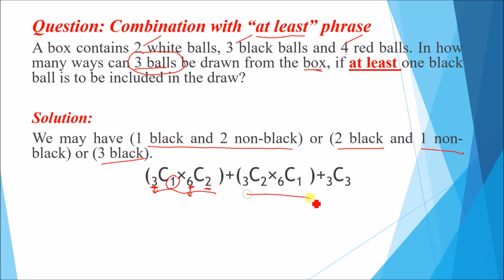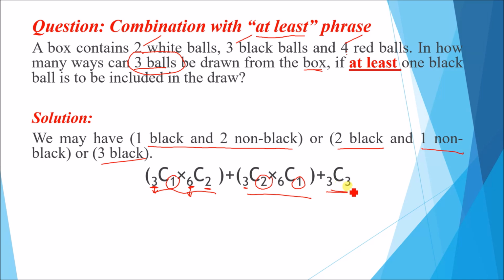And dito naman sa pangalawa, what if 2 yung black balls natin? Siyempre, isa na lang ang matitira na pagpipilian natin from the remaining non-black balls. So, ibig sabihin, 3, manggagaling dyan yung 2 black balls natin, and yung isa sa 3 balls naman ay manggagaling sa 6 na bola na remaining kapag tinanggal mo yung black balls natin. Dito naman,